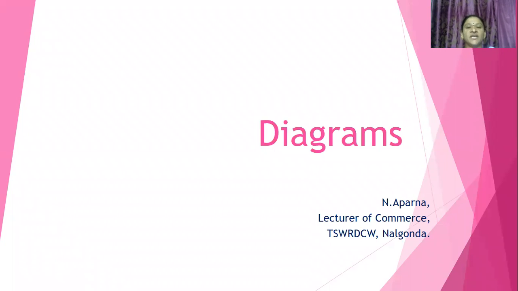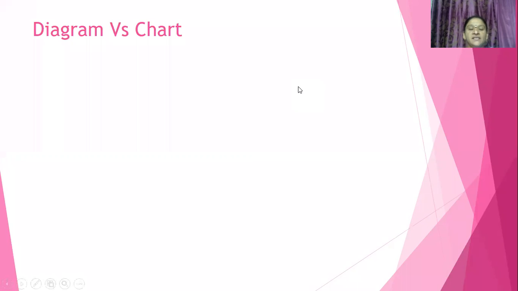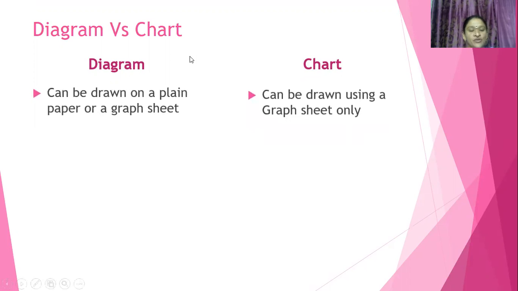Hi, today we will learn about diagrams in statistics. Before understanding in depth about the diagrams and its types, let us understand what are the differences between diagram and a chart. The first difference is a diagram can be drawn on a plain sheet of paper or a graph sheet,